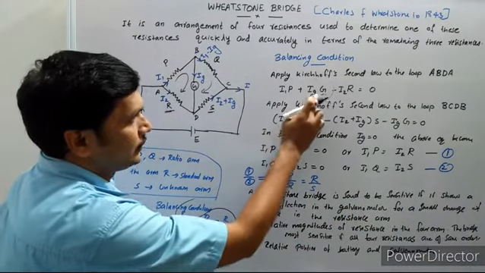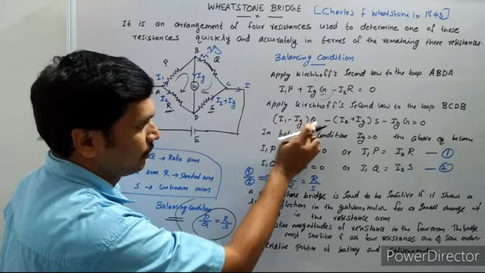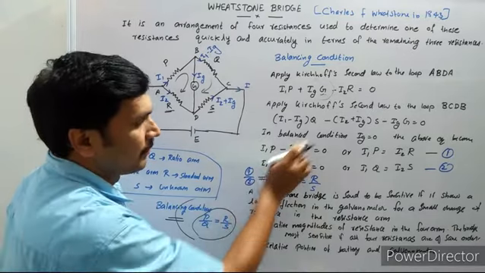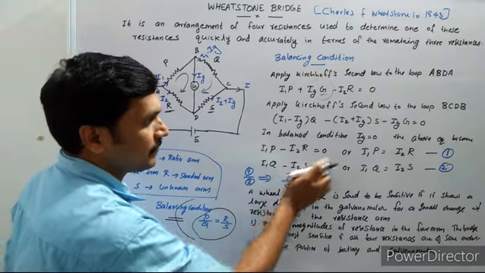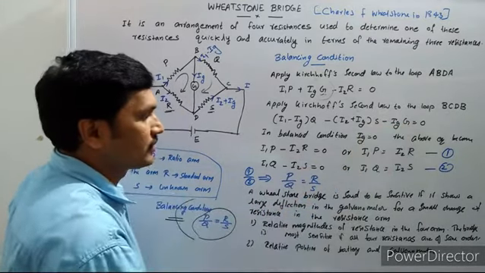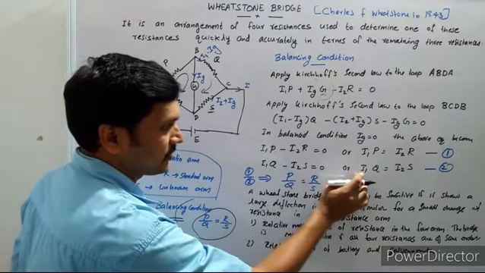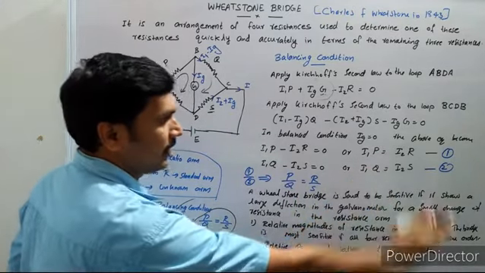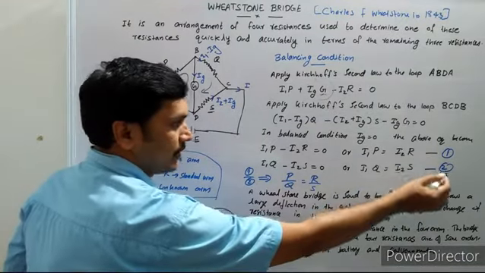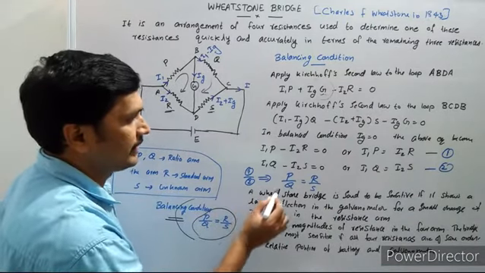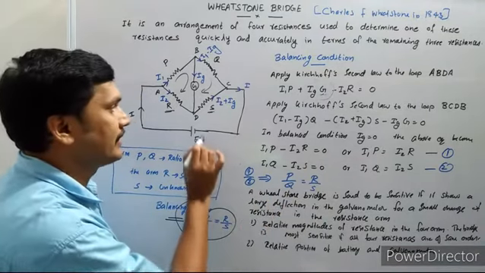Now substitute Ig equal to 0 in the other equation. So I1 minus 0 into Q can be written as I1 into Q, minus I2 plus 0 into S can be written as I2 into S, and 0 into G is equal to 0. Take this I2 into S to the right side: I1Q is equal to I2 into S. Call this equation 2. Now, dividing equation 1 by equation 2, we get P by Q is equal to R by S. That proves our balanced condition.